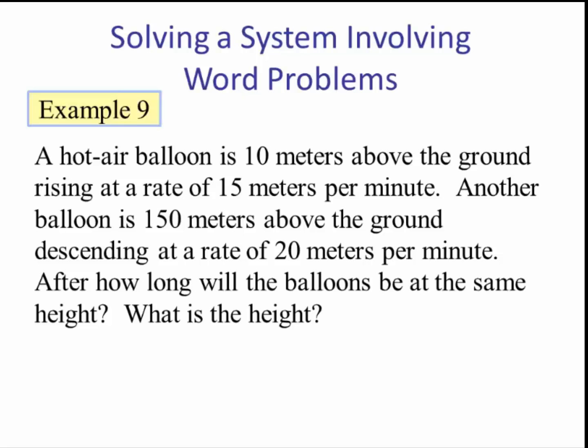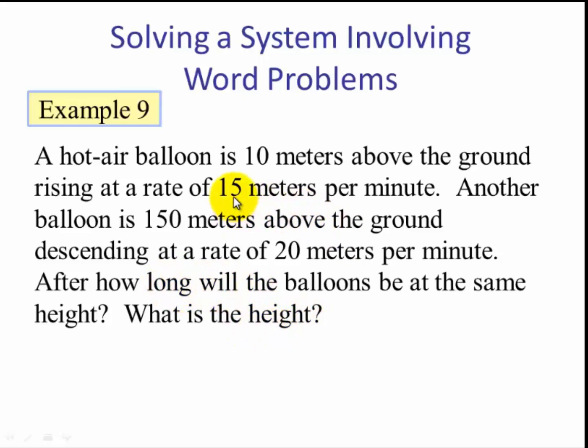Example 9. A hot air balloon is 10 meters above the ground, rising at a rate of 15 meters per minute. Another balloon is 150 meters above the ground, descending at a rate of 20 meters per minute. After how long will the balloons be at the same height? What is the height? So again, in this case, we can identify the variables by the question. We want to find out how long, so we want to find out time, and we want to find out